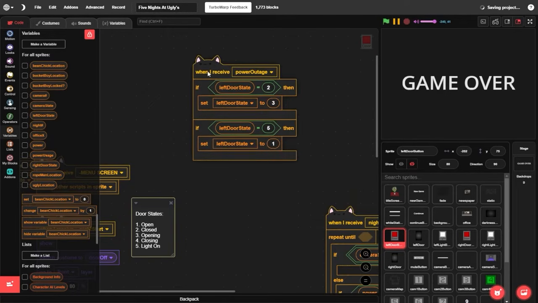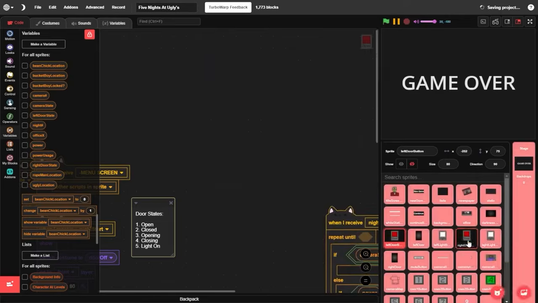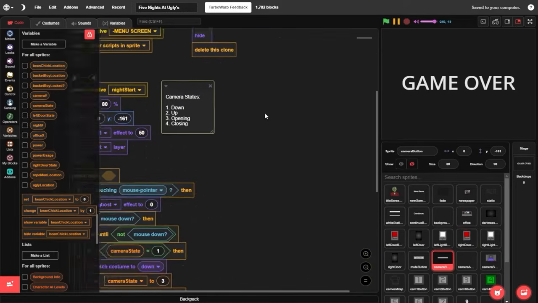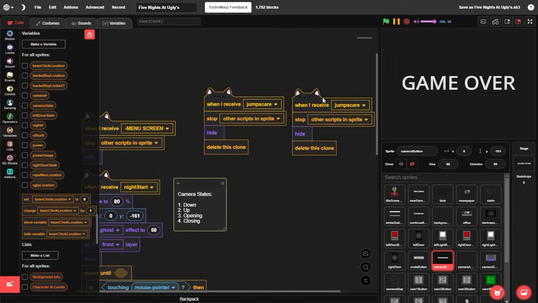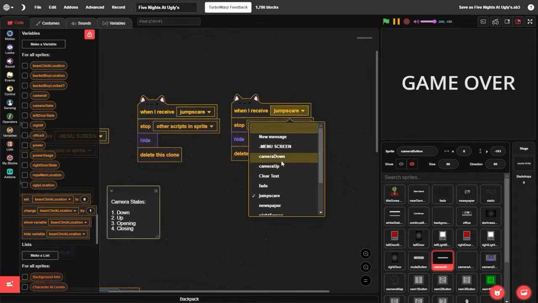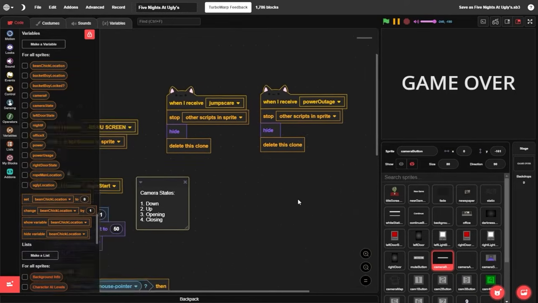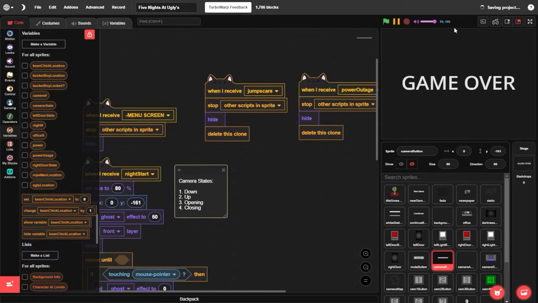We're then going to take what we have here and put it into our right door button and do the same thing here, just switching out left door for right door states. Now this camera button, we also need this to hide, so make sure that you've put in the power outage, stop with description, the sprite, hide, delete the clone in the camera button too, so you can't reopen your camera